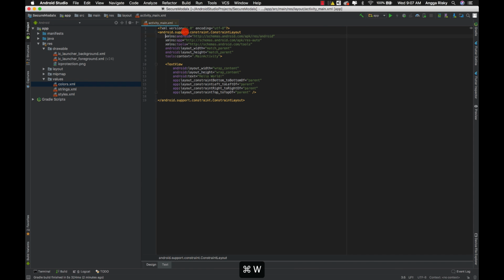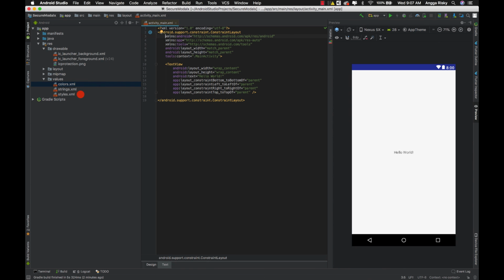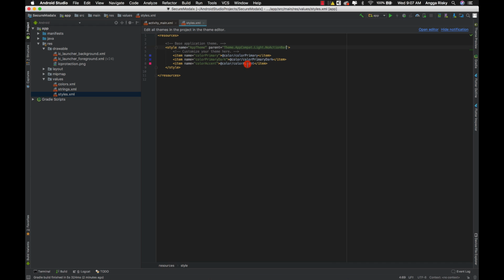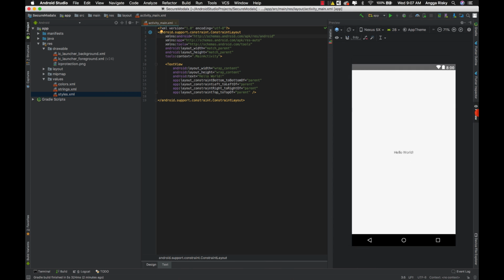Then go to the styles, find it, and change it to the color black, and it will change your design like this.